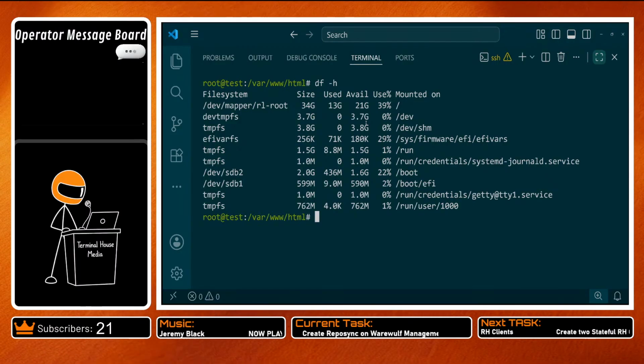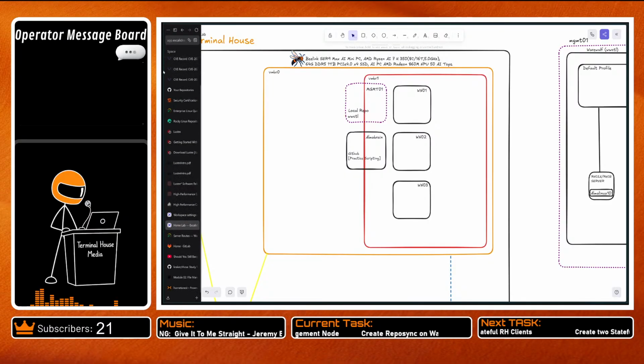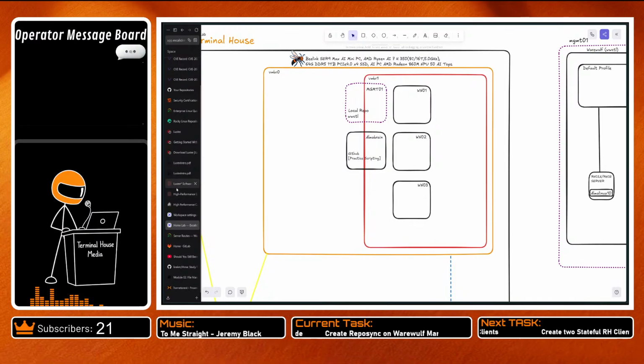Huh. I didn't add the extra storage to management 0. Management 0 is supposed to have NFS storage attached to it. So